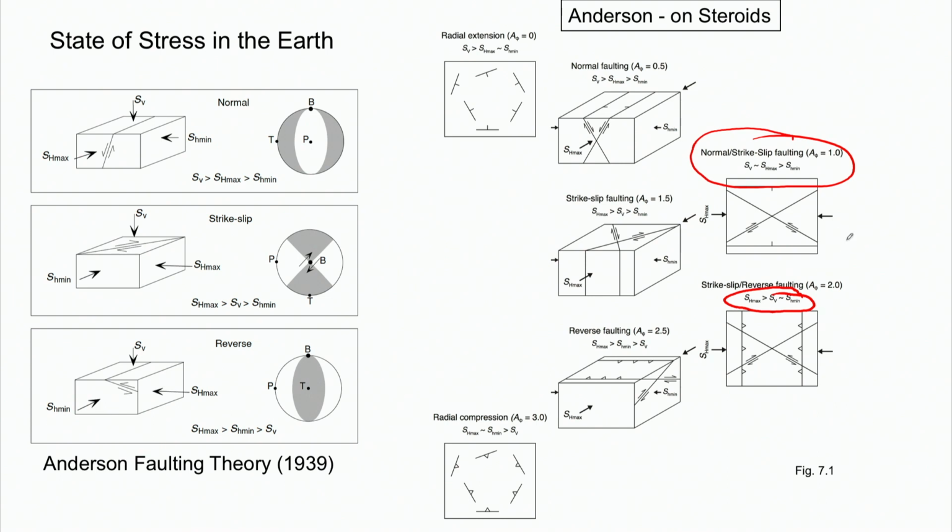This stress state and this stress state are extremely common in the Earth. Now, there are two end members. In this case, the two horizontal stresses are equal and much greater than the vertical stress. We'll see an example of this. It's very rare. And most importantly, this stress state, in which the two horizontal stresses are approximately equal and much less than the vertical stress, is also extremely rare,